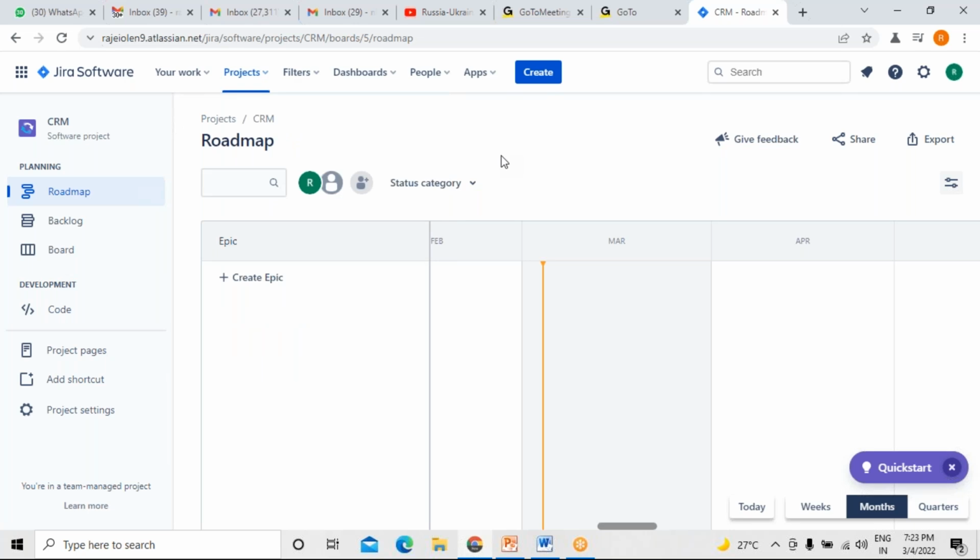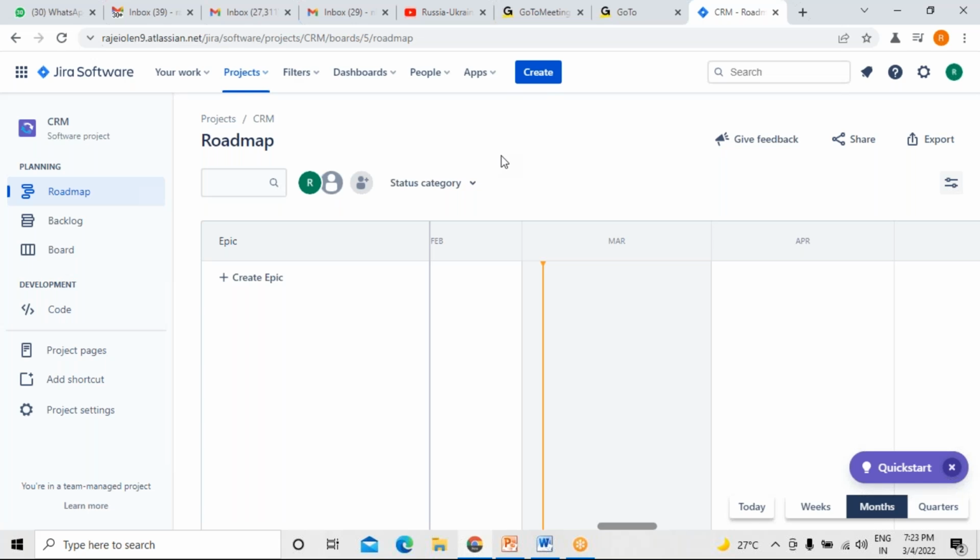Understood or not? Here, can we also create a company managed project? Can we see the difference between the two? I mean, is it different in look and feel? See, I'll tell you. Company managed, you need to add a lot of groups in that. So for that reason it is required.